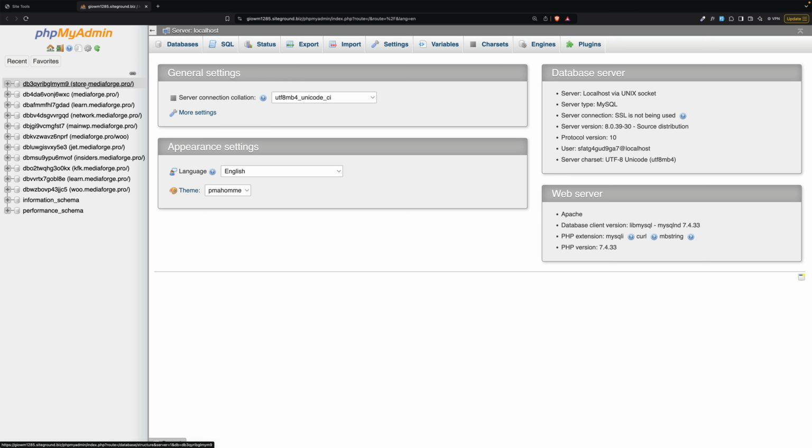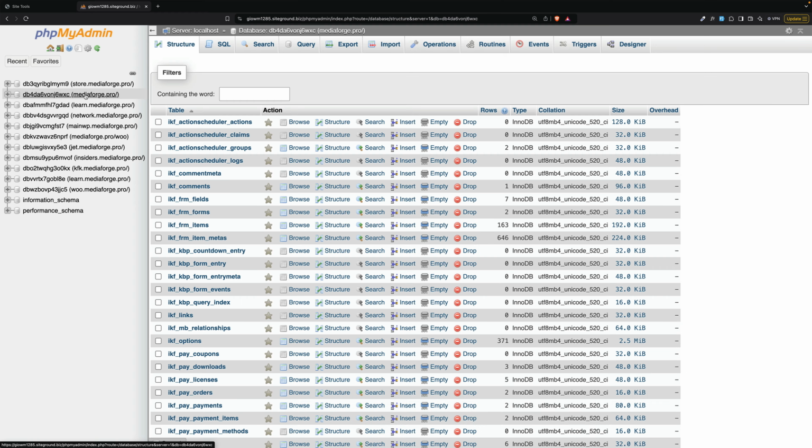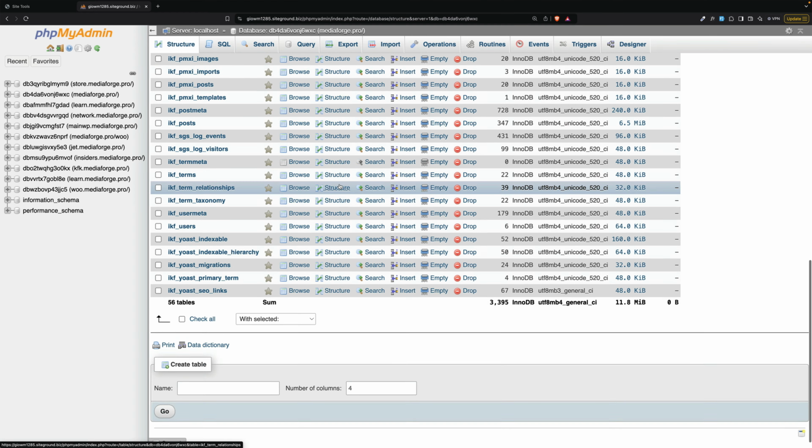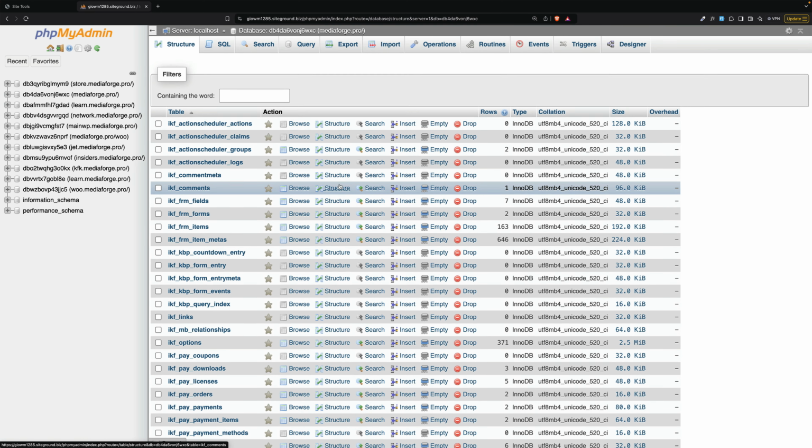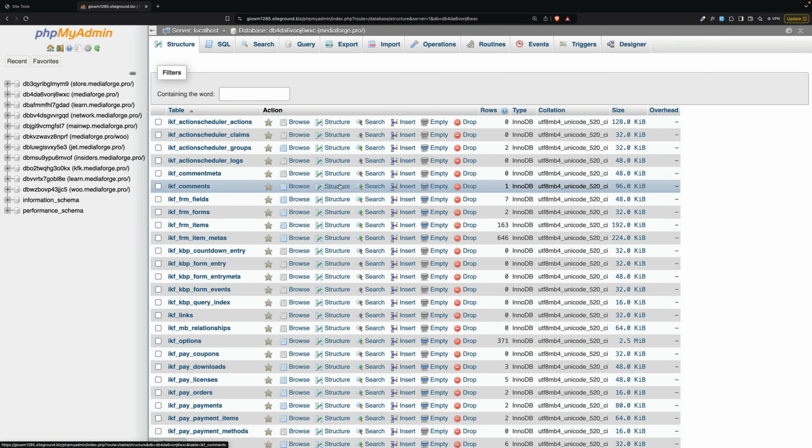Now, I happen to have multiple databases here under PHPMyAdmin. You probably only have one, and it's never going to be information schema or performance schema. So whichever one you have there is one you want. Fortunately, SiteGround provides me with domain names, and so I want this database. And here are all the tables. Now, I want to export them all. That's how you do a backup.